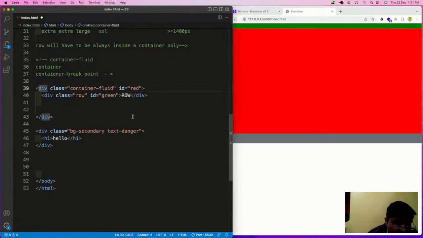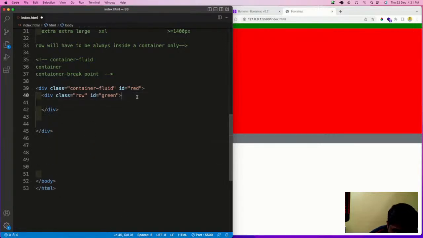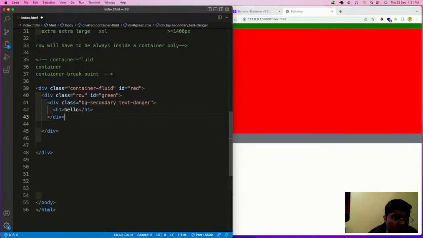This is the main top class, and inside this we have a class of row with the ID of green. Let us remove this row, and inside it we will move this particular thing now. So we have a div with a class